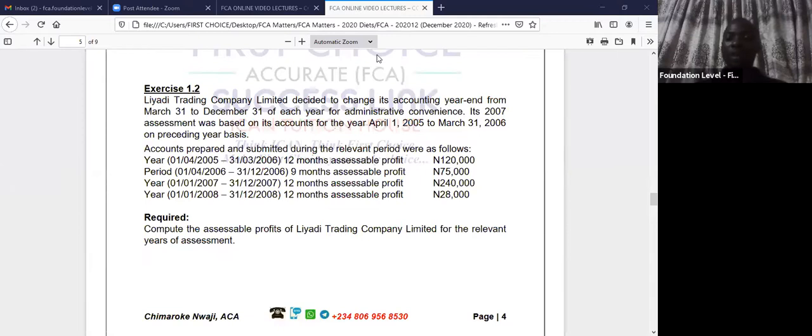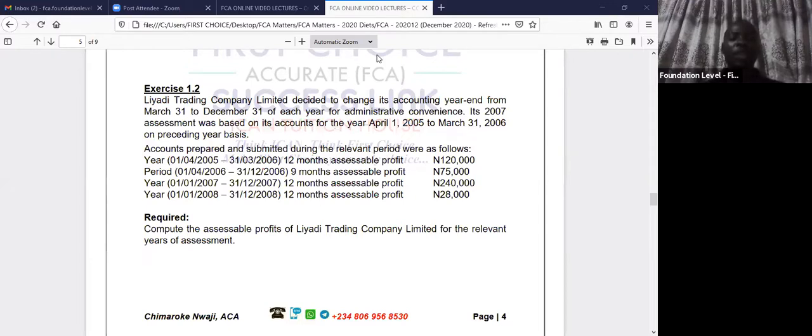And because the parent must produce a group account, it will not be good if the parent is having a different accounting date and the subsidiary is having a different accounting date. So they might ask the subsidiary to change their accounting date to that of the parent. Or it could be a regulation from government that a certain industry will now need to change their accounting date to maybe December 31st.